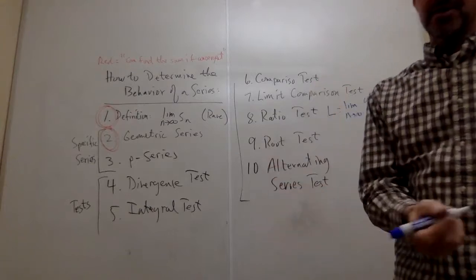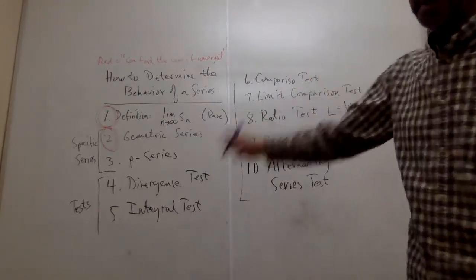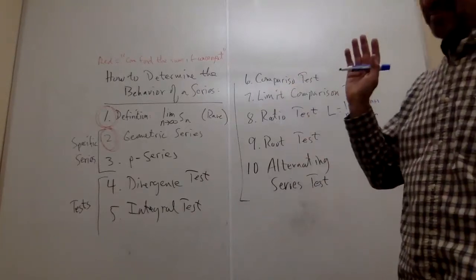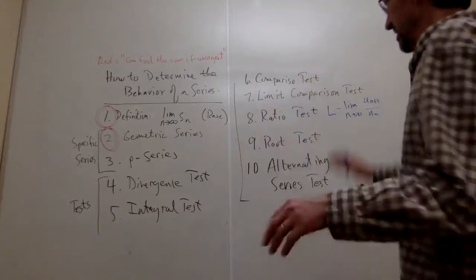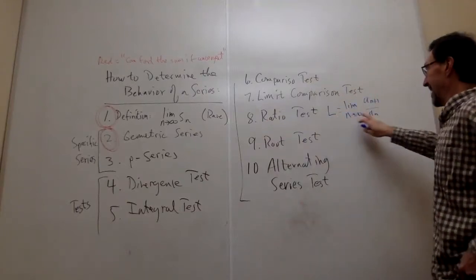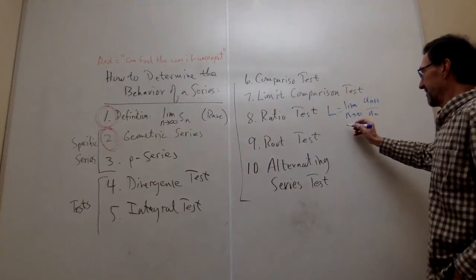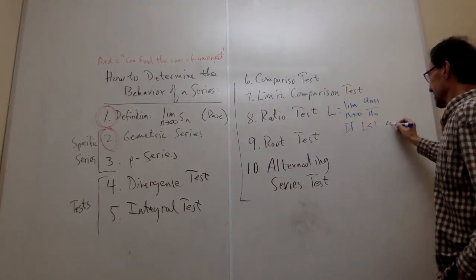If the ratio test is going to work for us, and there is the possibility on any given series that none of these will work, that there might only be one test that works, so we have to kind of find it. If it's going to work here, we're going to be able to find this limit. We're going to have the value L, and then we know if L is less than 1, it converges.